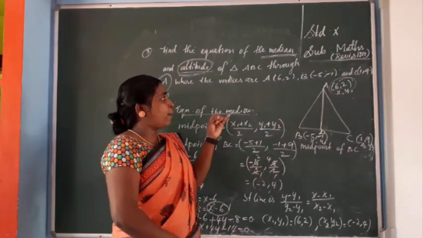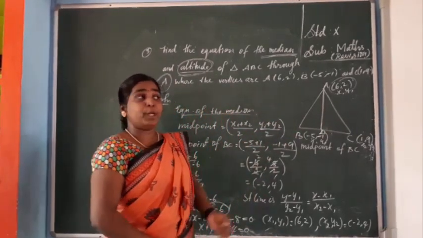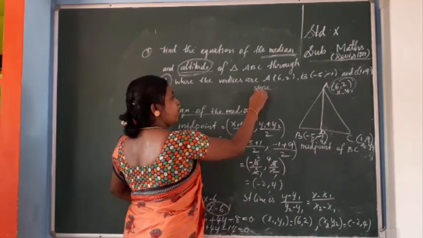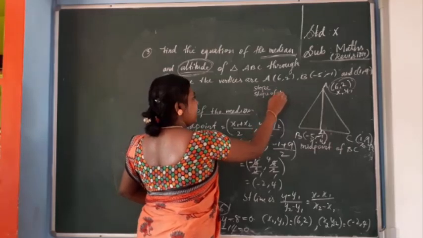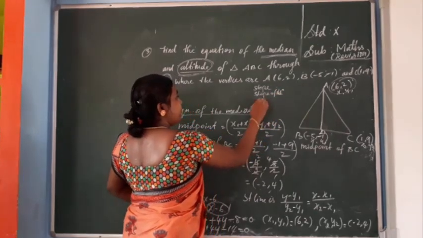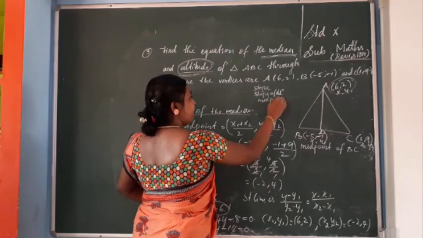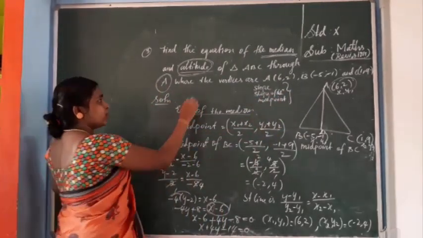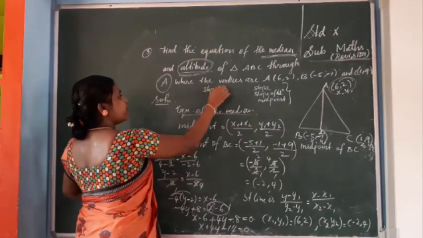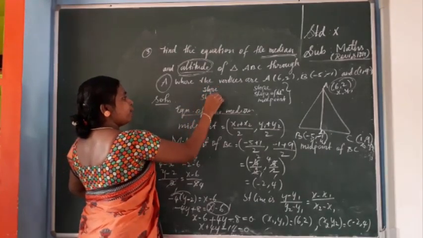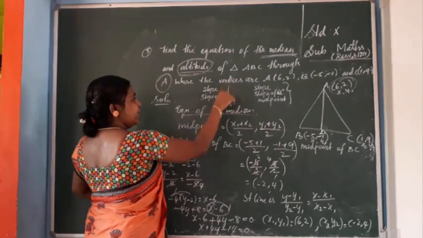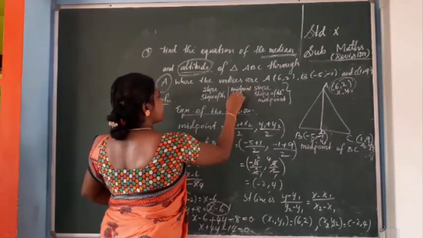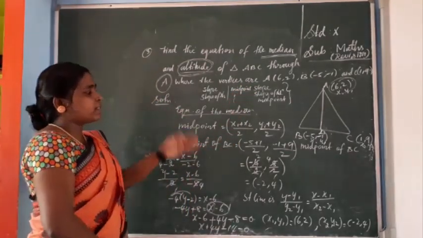Now you compare the three questions. First one, perpendicular bisector: you want to find the slope of its perpendicular, and next the midpoint. For a perpendicular bisector you want to find these three values, but for altitude, only the slope and the slope-point formula. For the median, you want to find the midpoint only, and then the equation. So see the difference and study.